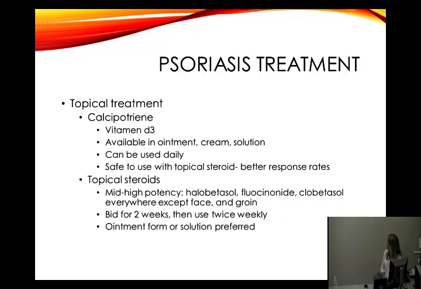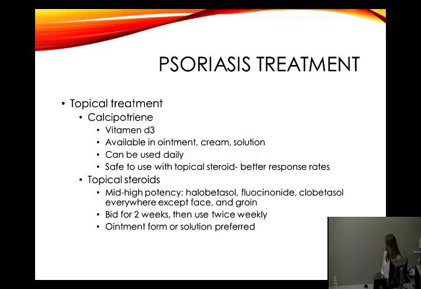So treatment. At a primary care office, what is typically treated with is just topically. So calcipotriene, which is a vitamin D derivative, is available in an ointment, cream, and solution. This can be used daily and ongoing, so they don't have to stop after 2 weeks. It's safe to use with a topical steroid and actually has better response rates if you use it with a